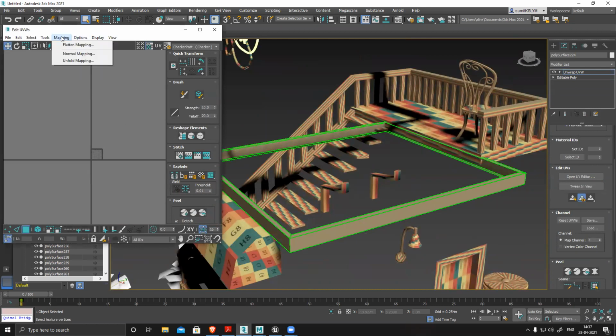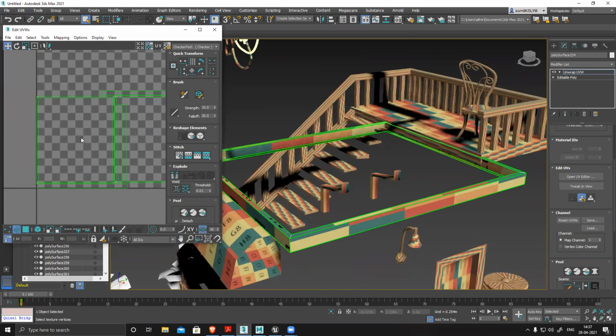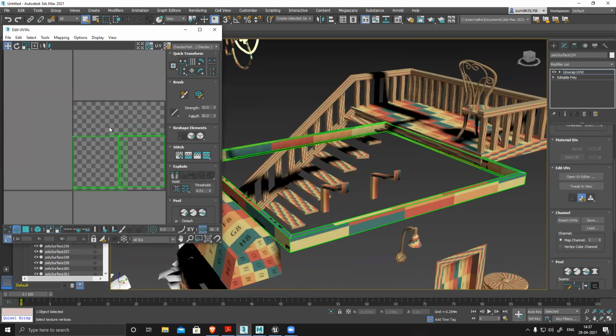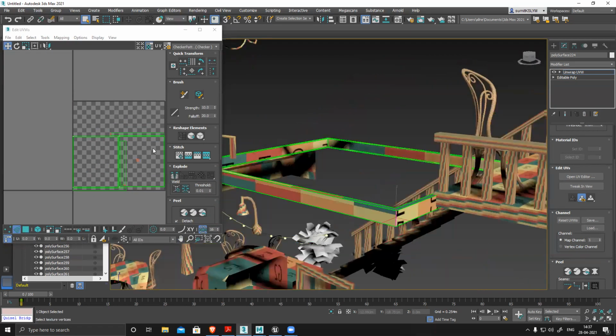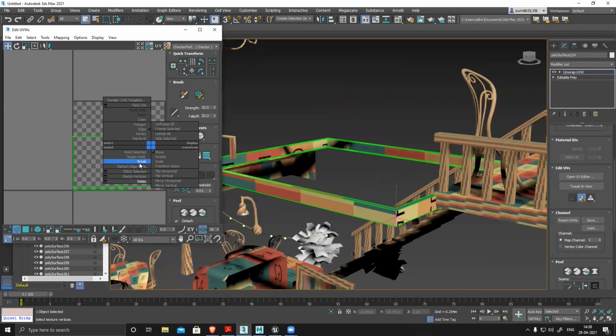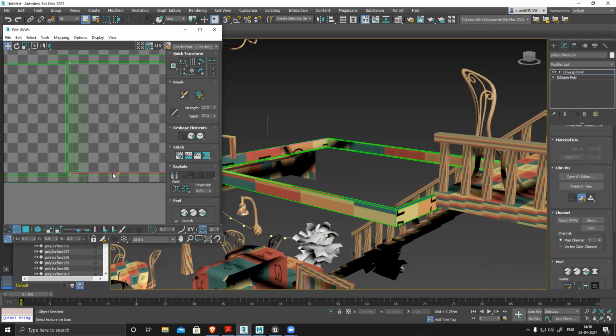I see I don't have any map. Just any one of the corners, double click, break it. Now the rest I can stitch.